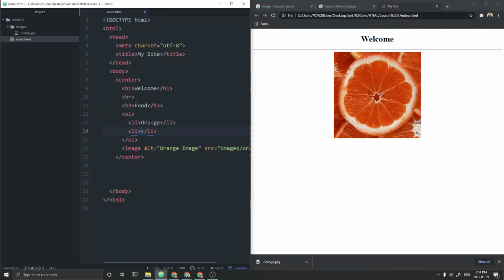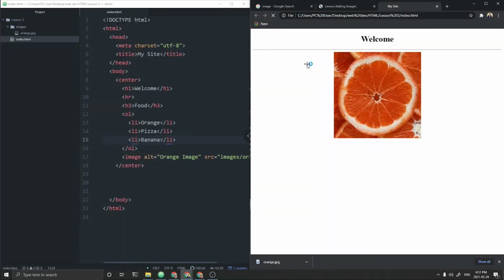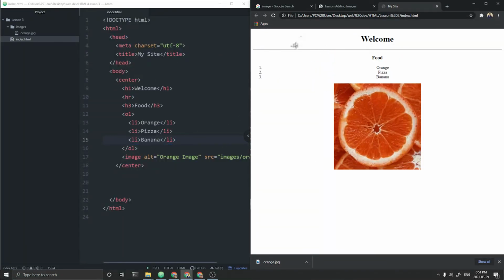After that, I want to type in, let's see, pizza. And then I could type in, I don't know, anything. It could be, for example, banana. Oops, I can never type in banana. It's too many na. So if I reload this, you'll see that